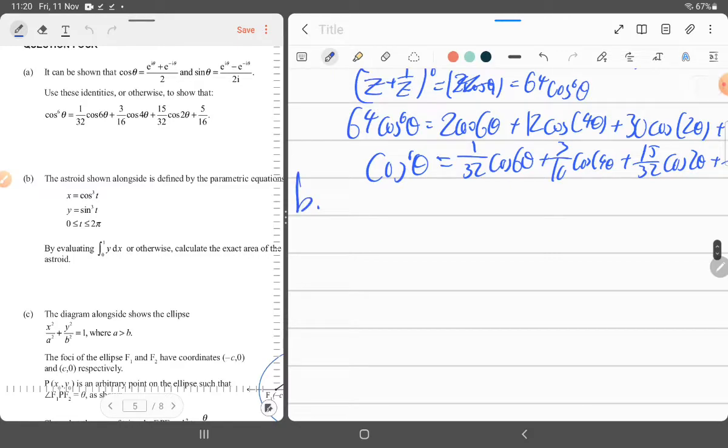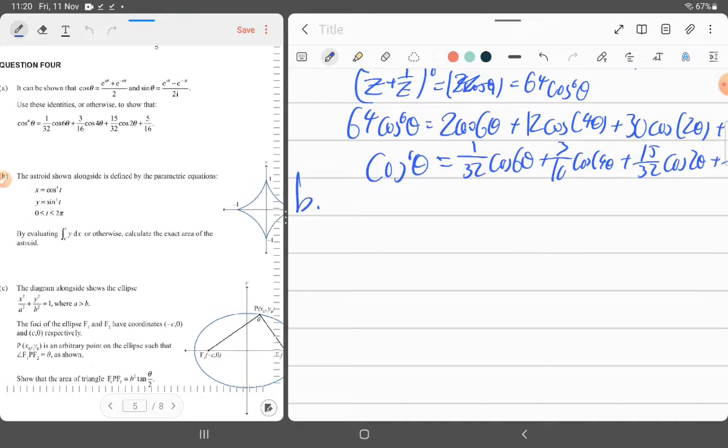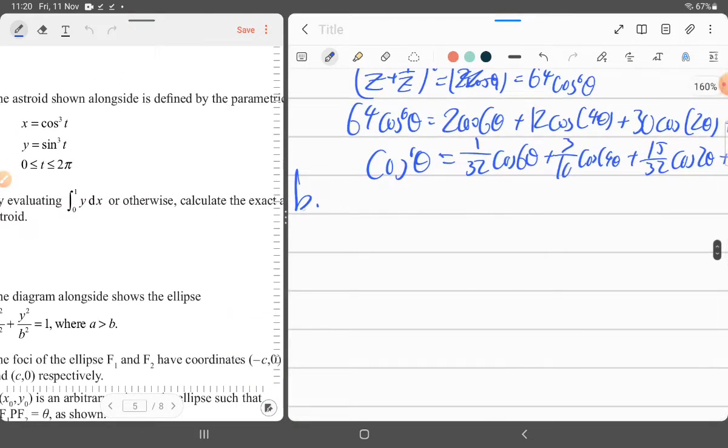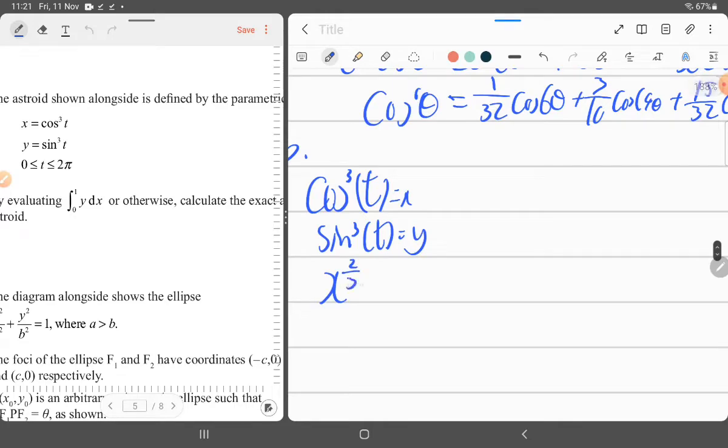B. The astroid shown alongside is defined by the parametric equations x equals cos cubed t and y equals sin cubed t. If you get x to the power 2 over 3 plus y to the power 2 over 3, which is equal to cos cubed t to the power 2 over 3